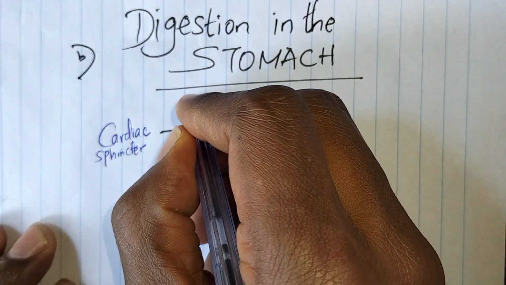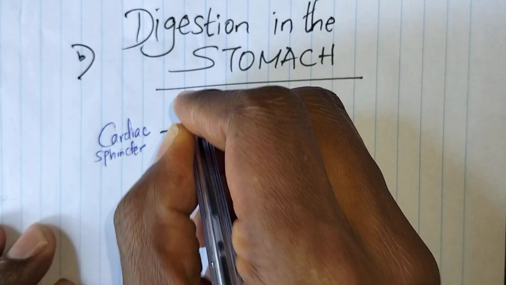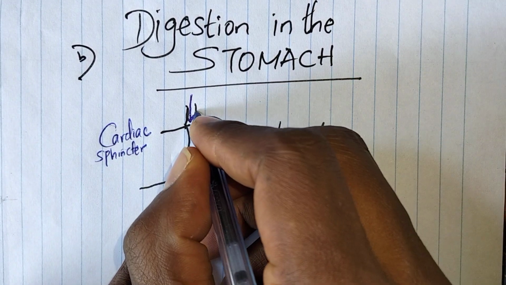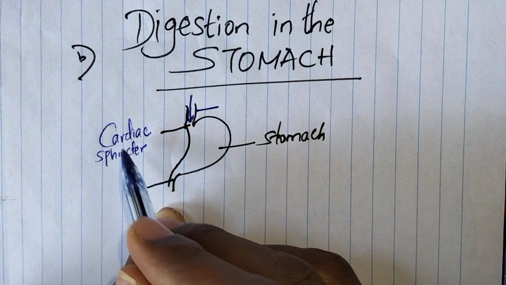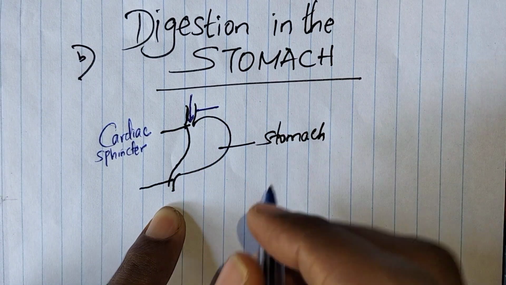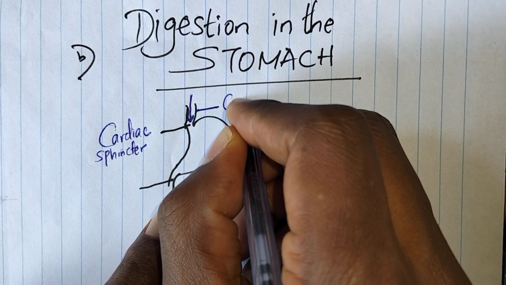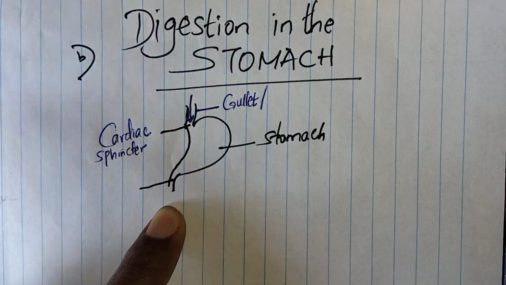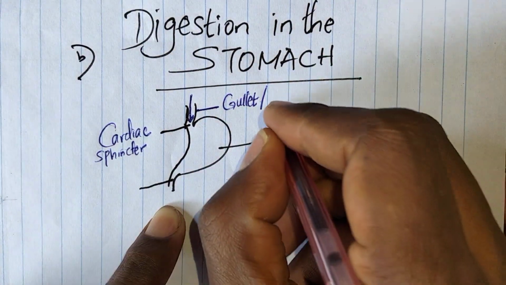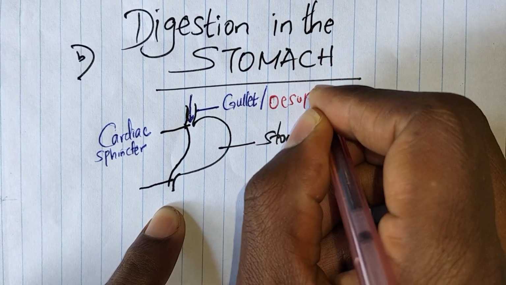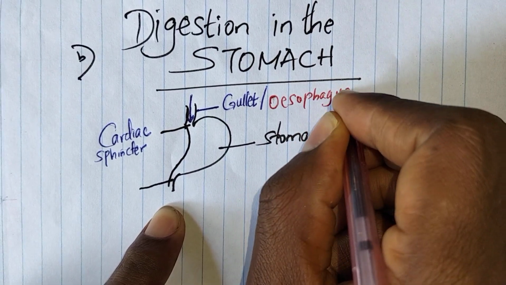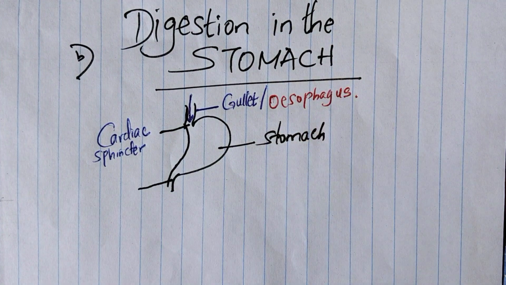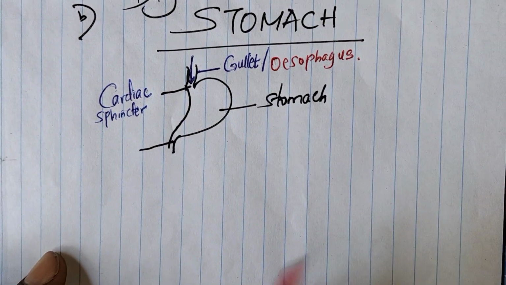So food enters the stomach from the mouth through the cardiac sphincter. Whatever I'm naming here, I'm labeling the gullet, what we commonly call the esophagus. The esophagus is also the gullet. Now, when food enters the stomach, something very interesting occurs. This food in the stomach,